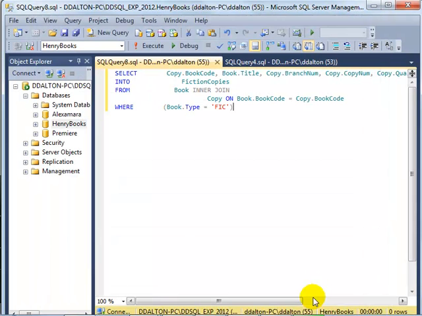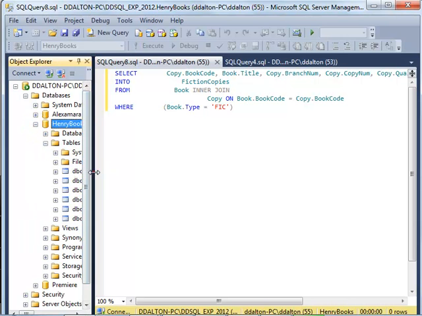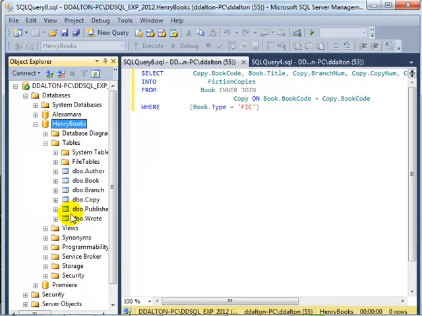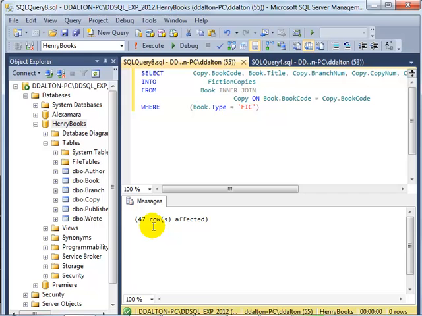I'm going to say OK. Here, let me open Henry Books, expand this right now. So you can see the tables that I have. I do not have one called fiction copies, but as soon as I run this query, I'm going to execute. It says it found 47 rows, and